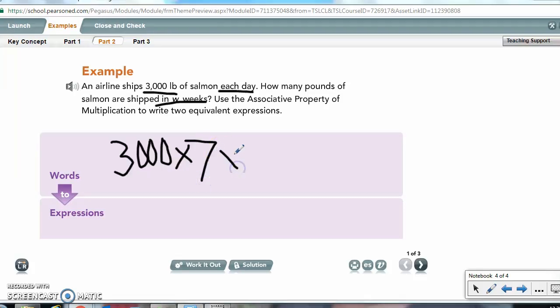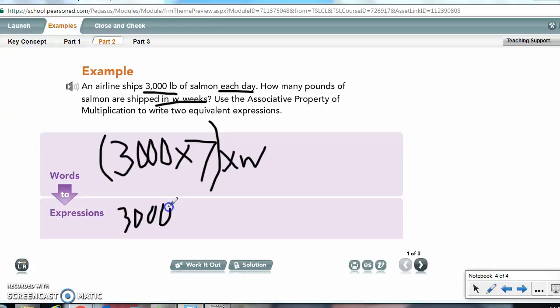Well, they want to know how many pounds there would be in W weeks. So 3,000 times 7 times W will give me my answer. The associative property says you can regroup things in order to make it easier. So now I'm going to do 3,000